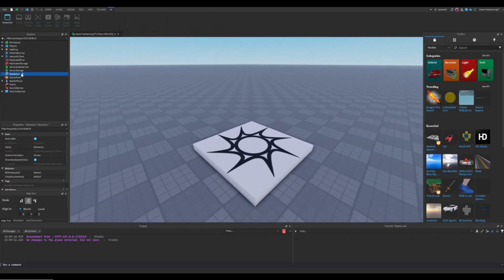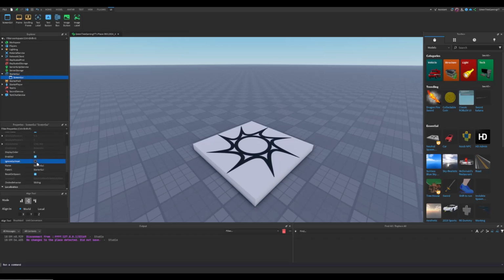So let's go inside of the starter GUI and insert a new screen GUI. We are going to name this main, just like that. And inside of there, what I'm going to do is add in a text button. So I'm going to add that, just put it here, and we're going to be naming this Game Pass BTN,